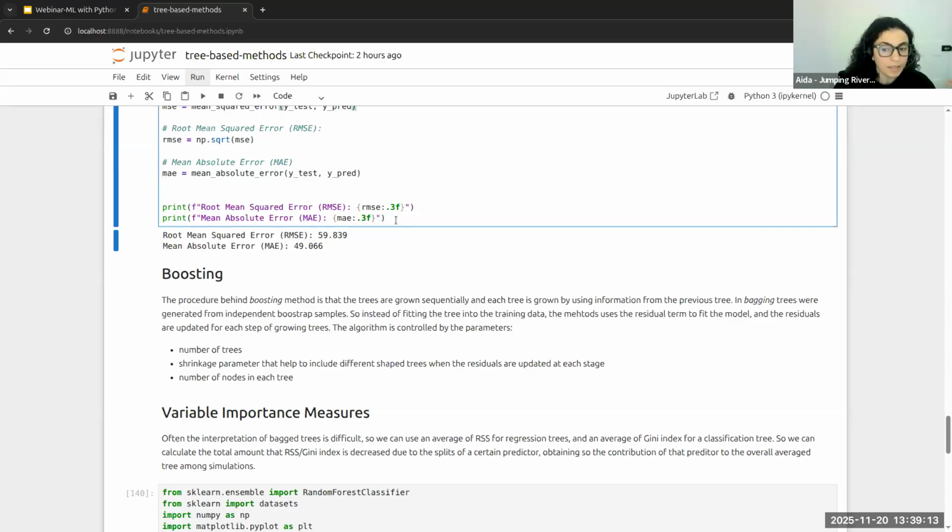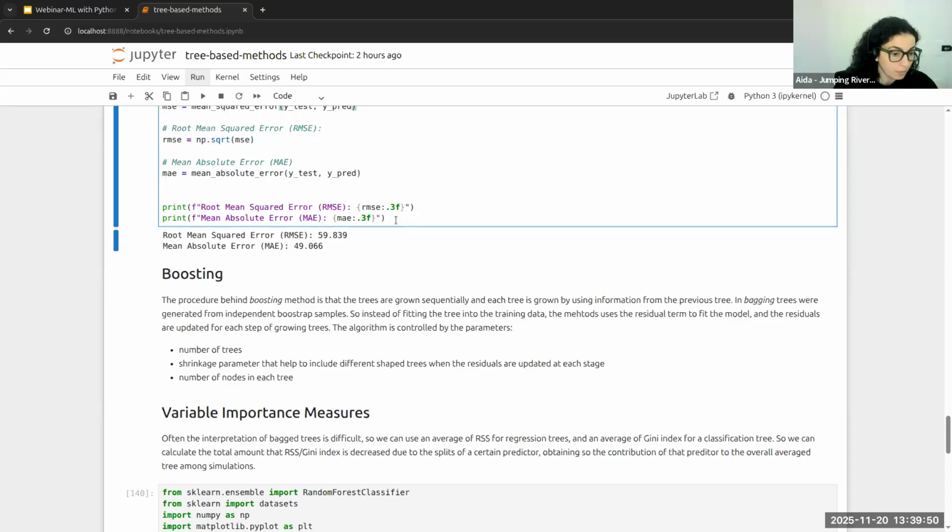So instead of fitting the tree to the training data, the method uses the residual term rather than the observed data, and the residual term is then updated at each step of the tree. Now, boosting methods are a little bit more complex and would require quite a bit of discussion, but someone could go on and read about them in their own time.